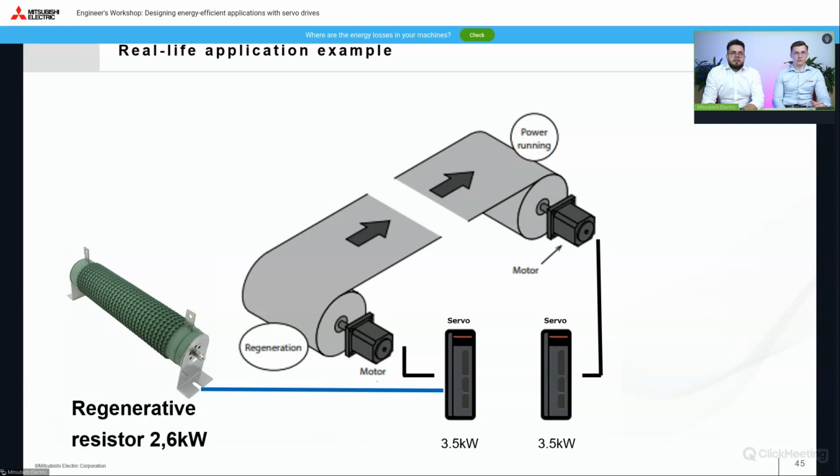That power is transferred from the motor to the mechanical side, and we can say it is the average power in the cycle. Moreover, on the opposite side, the unwinding side, we were able to reach around 90% of the resistor capacity, which was 2.6 kilowatts. So we have lost around 2.3 kilowatts per